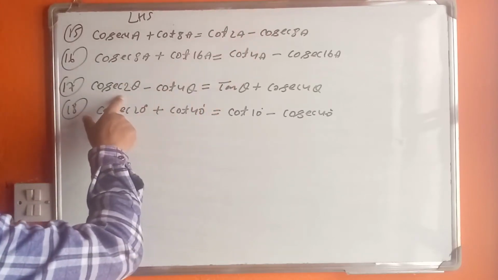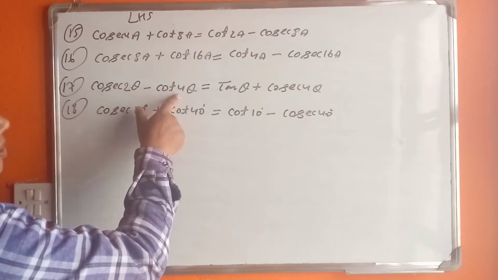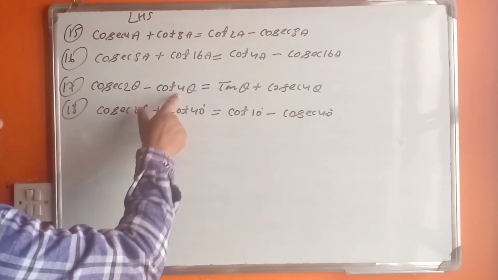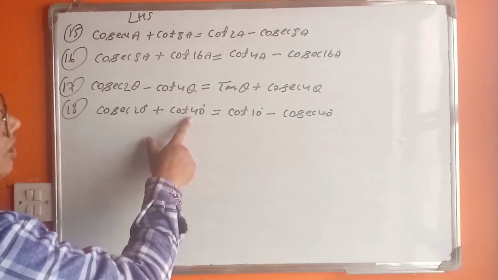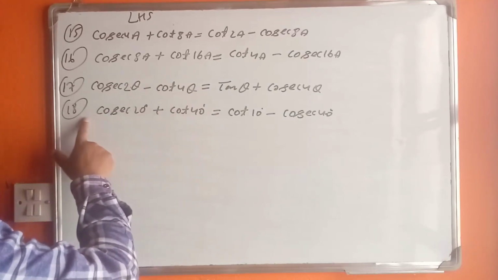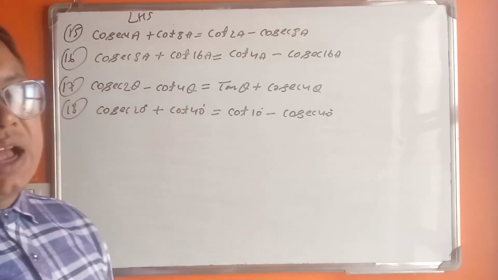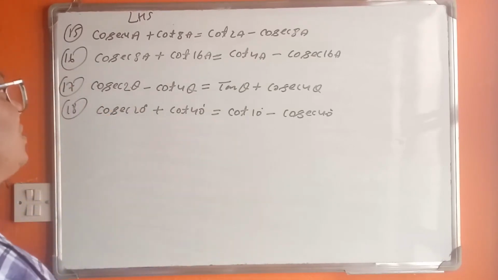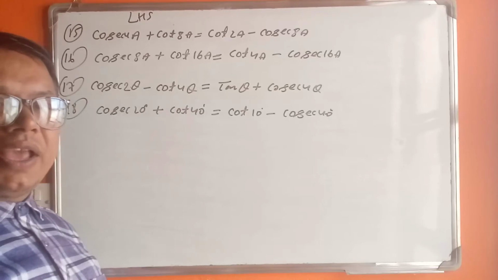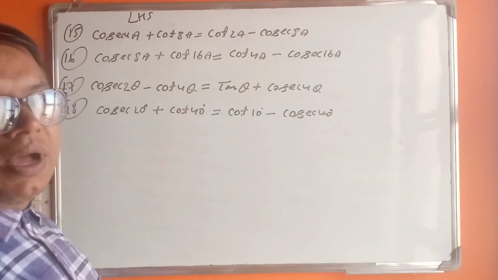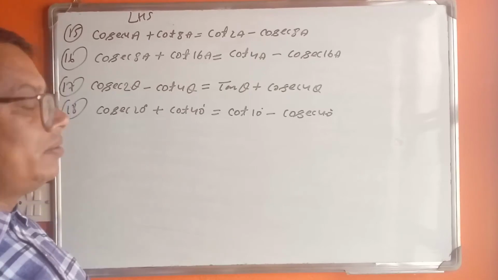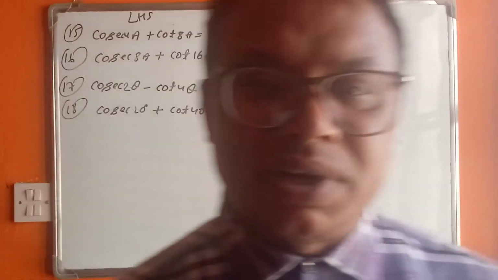This also 1 by sin 2 theta, cos 4 theta by sin 4 theta, same as question number 13. This 1 by sin 20 degree, cos 40 degree by sin 40 degree, this is similar to question number 14. Try yourself these questions because this is similar to question 13 and 14. If any problem, please write in comment box and next video I'll try to solve which you couldn't do. Now let's go to another question.